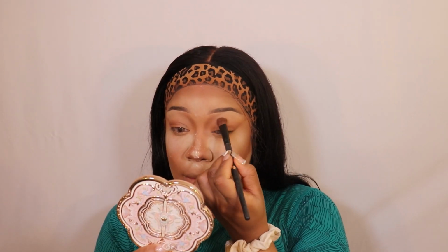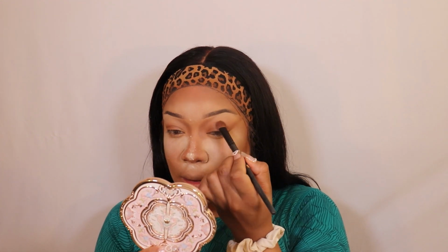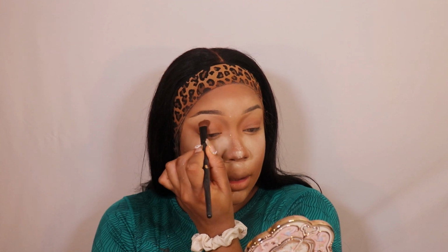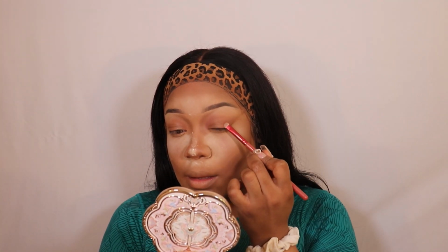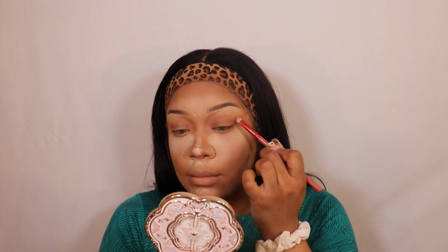I'm also going to put that on the inner corner because with the Douyin aspect I am going to be doing a bit of a cut crease, and you concentrate that on the outer V as well as the inner portion of your eye. Next, going into Forever Yours, going to concentrate that shade on the inner portion of my eye as well as that outer V. It's going to be kind of pinky without being too pink because I'm putting it over that